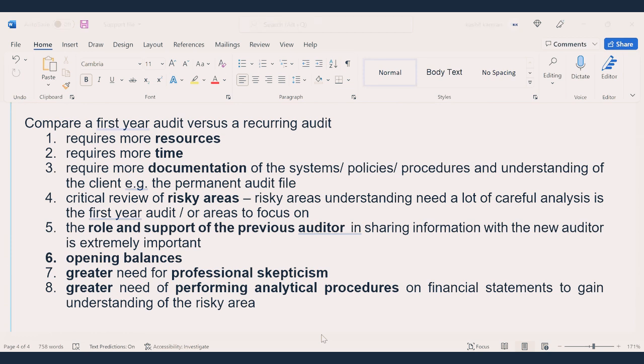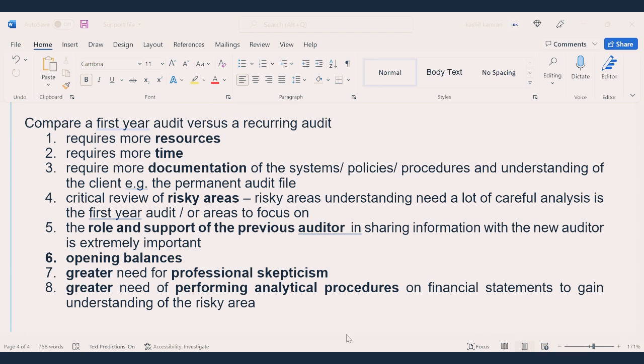Yes, you need to define the materiality level in the first year audit, because higher the risk, lower the materiality. So even defining the materiality is part of planning, but that's something very general, right? What are specific matters? Materiality is not a specific matter, it's a more general matter. The auditor does audit on a materiality basis. But yes, that is one of the matters which is considered at the planning stage.